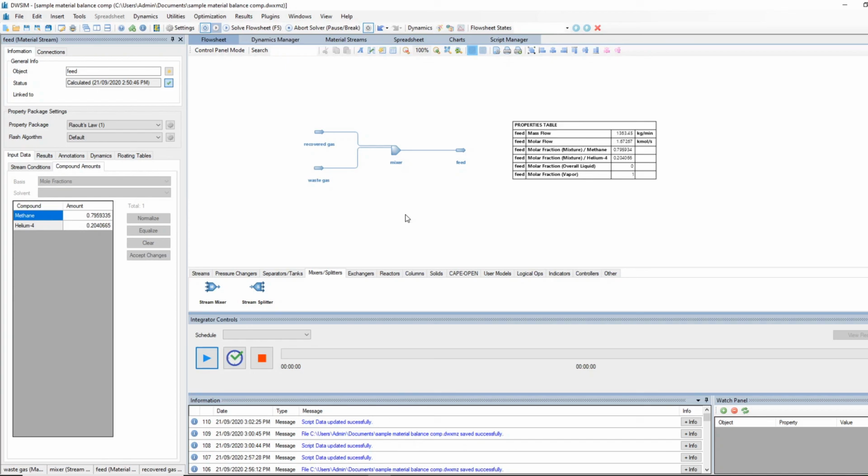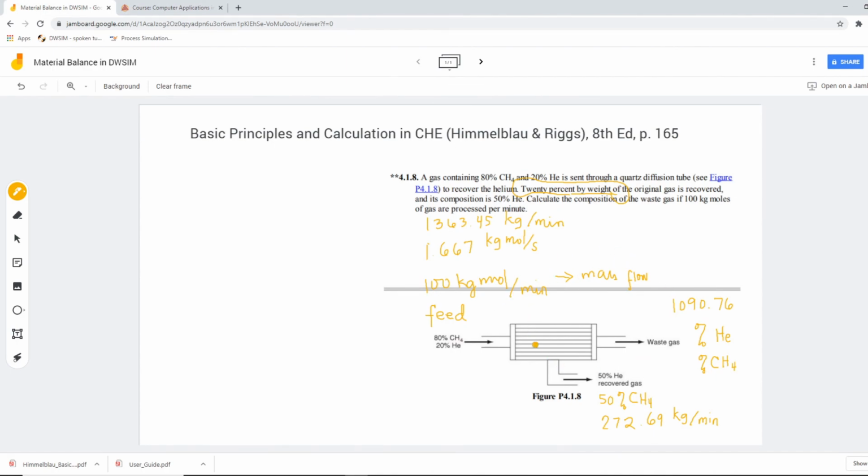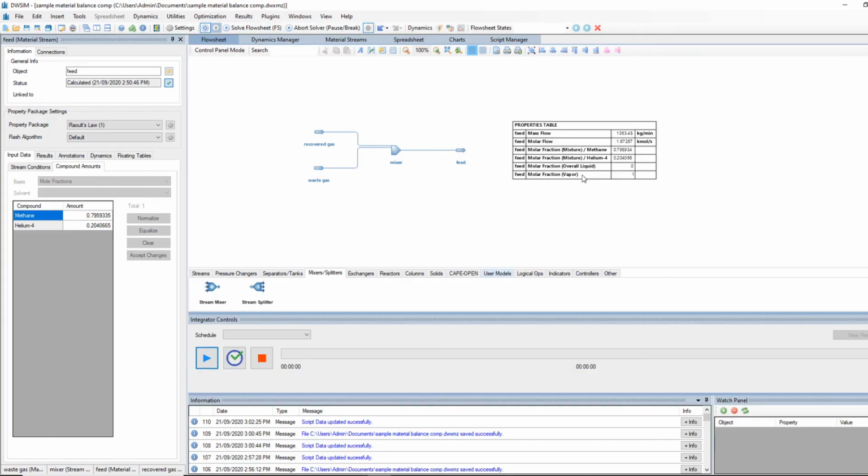So it still depends on who the user is and how patient you are in exploring the program, exploring its functionalities, and maybe thinking about your problem and how to translate an actual problem into a working simulation setup, a flow sheet setup. Okay, so